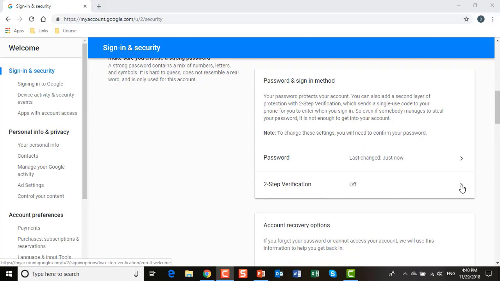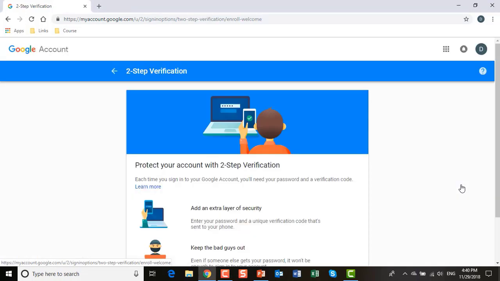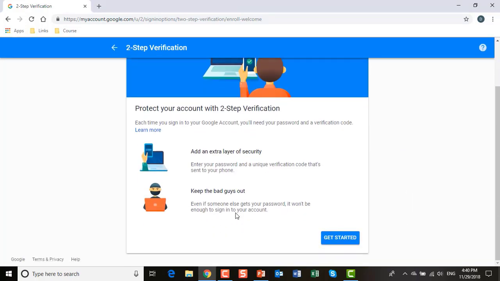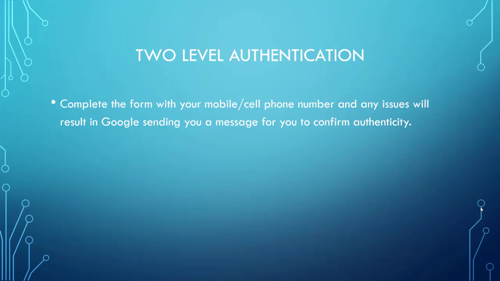And what this does, it means it adds another layer of security into your Google account, and I would strongly recommend that you go for that, and it will then keep the bad guys out, as it says here, and we can get started. So now you should complete the details needed for two-level authentication, which typically will include your